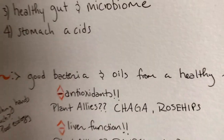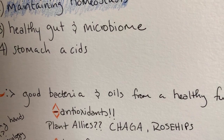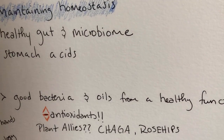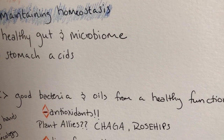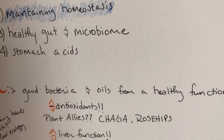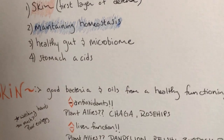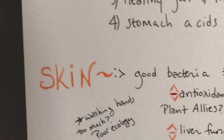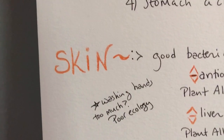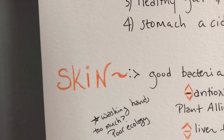Also for our skin, we have antioxidants, eating whole foods with antioxidants and some plant allies for that. The biggest, chaga mushroom, and rose hips is another one, full of vitamin C, antioxidants, and flavonoids to help your skin. Now, because of the coronavirus, we are being taught and encouraged to wash our hands and put hand sanitizer